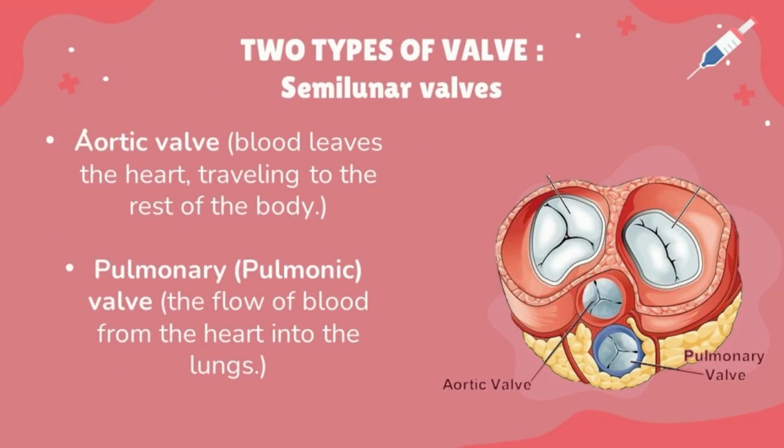There are two types of semilunar valves, the aortic valve and the pulmonary or pulmonic valve. So the first one is the aortic valve. The aortic valve is where blood leaves the heart, traveling to the rest of the body. This valve helps keep blood flowing in the correct direction through the heart. It separates the heart's main pumping chamber, called the left ventricle, and the main artery that supplies oxygen-rich blood to